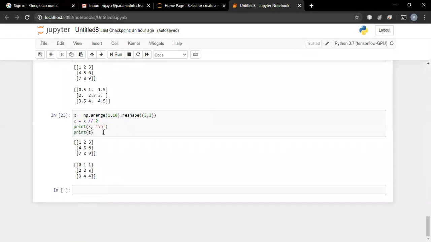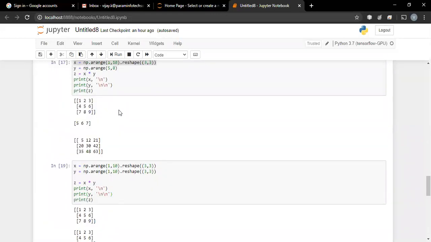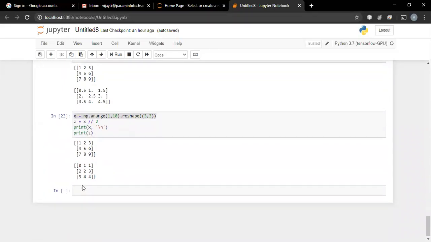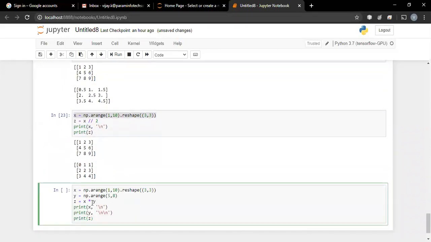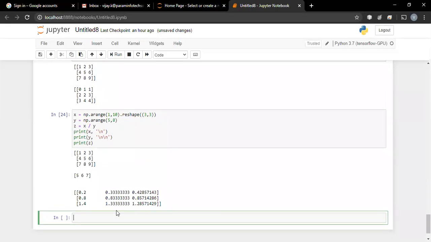Okay, thank you, Aaron. Similarly, I can go for matrix vector, matrix division also. Let us say we have two matrices, and instead of multiplication I'm going for division. This is a matrix, this is a vector, and I can go for division also.